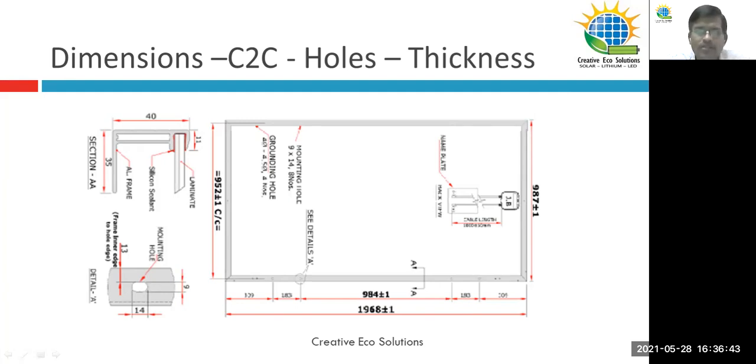Then also the holes, whether it's 6 holes in the aluminum frame or 8 holes. Based on that, you have to decide your SS fasteners. That also has to be communicated to your solar fabricator, so that he could supply the exact bolts, because an 8 bolt will not fit into a 6 hole, and a 6 bolt will be loose for an 8 hole. So we have to give correct information, and you have to pass this data sheet to your solar structural fabricator.